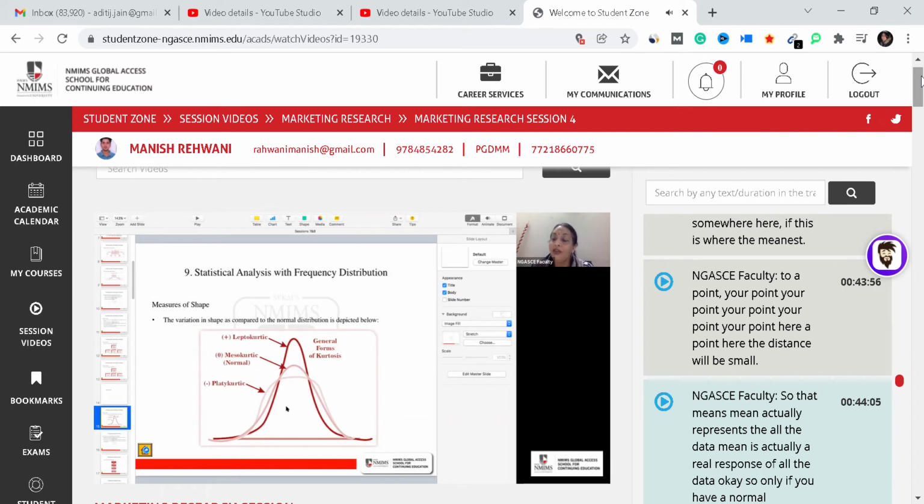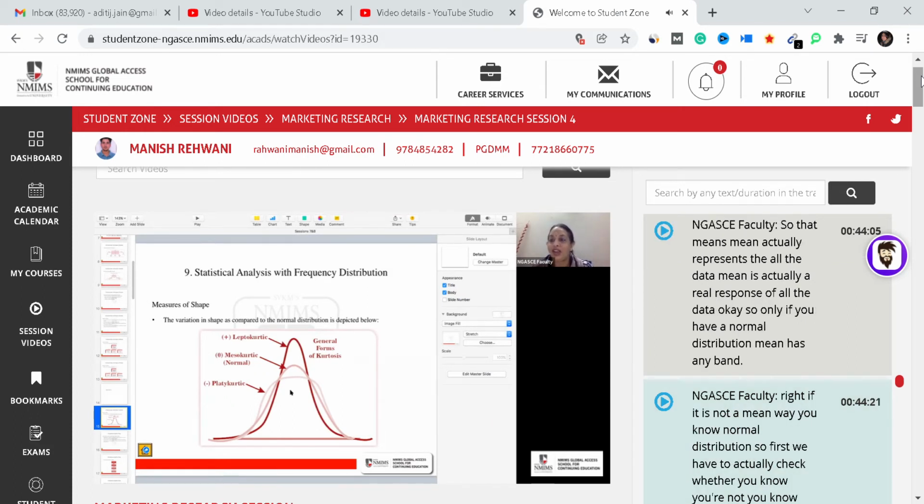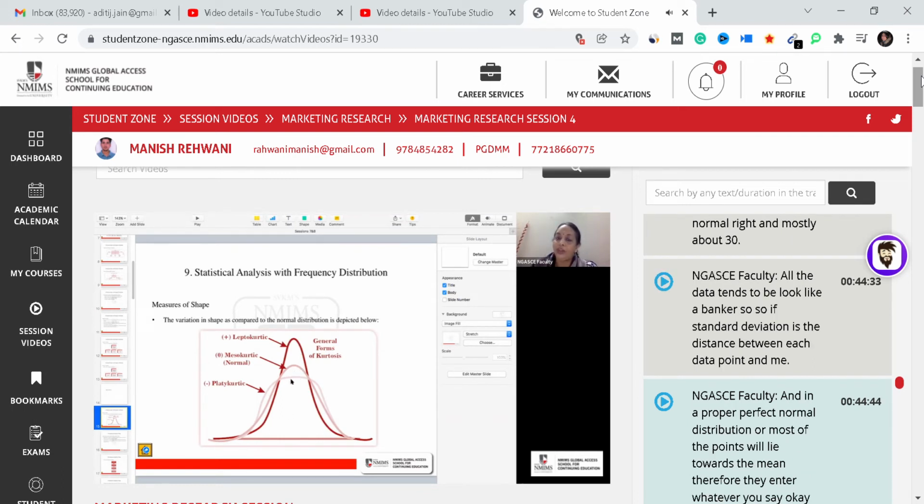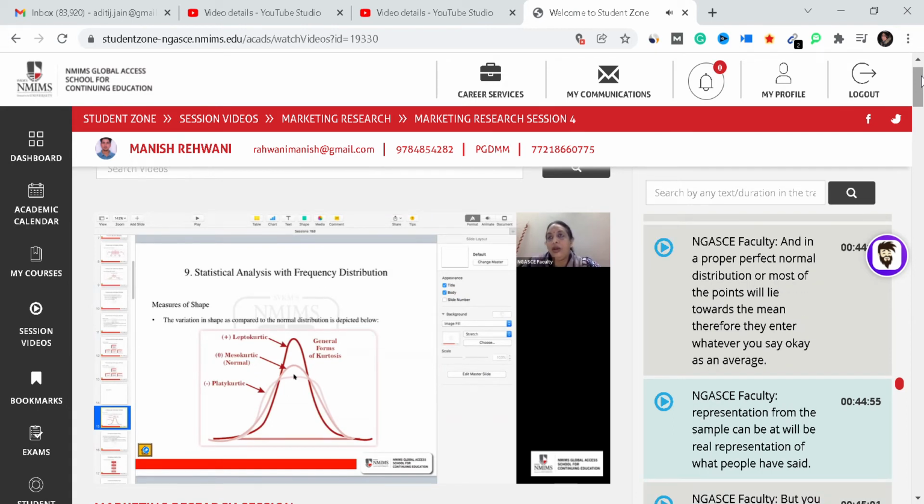Only if you have a normal distribution does the mean have any value, right? If it is not a normal distribution, it does not. So first we have to check whether your distribution is normal, and mostly above 30, the data tends to look like a bell curve. So standard deviation is the distance between each data point and the mean. And in a perfect normal distribution, most of the points will lie towards the mean. Therefore, the average representation from the sample will be a real representation of